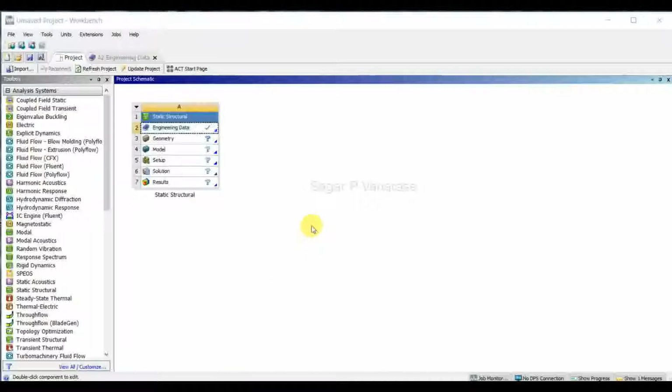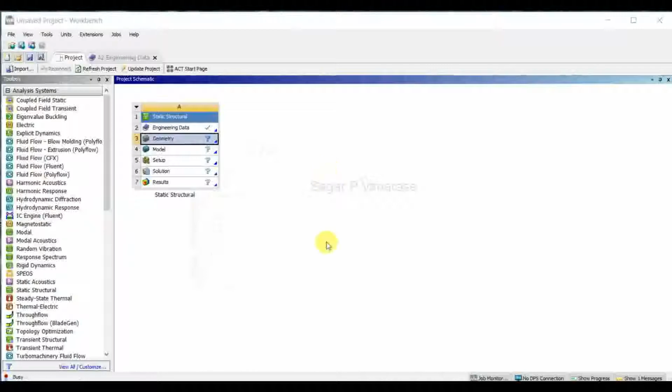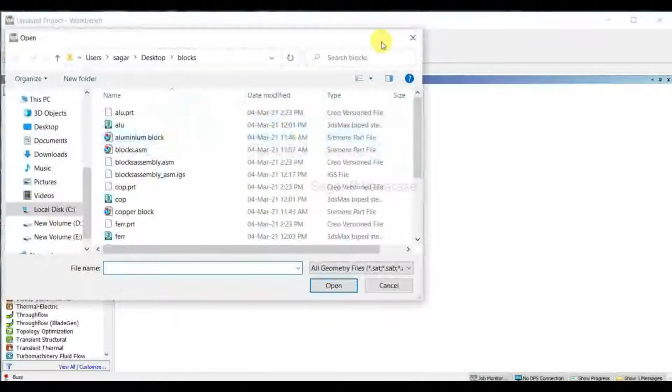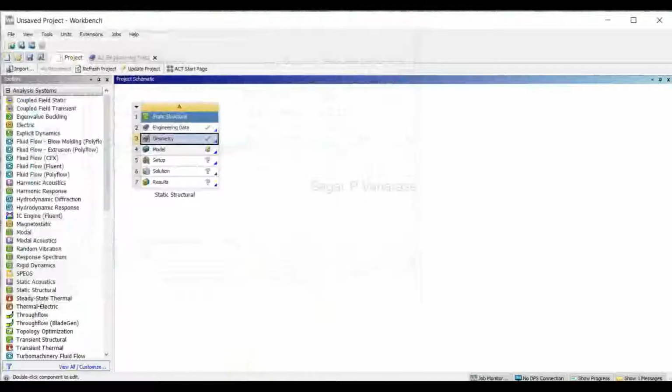In this analysis, I am just importing the object from my folder. So I need to right click and import geometry. Browse. Select your geometry and just click open.